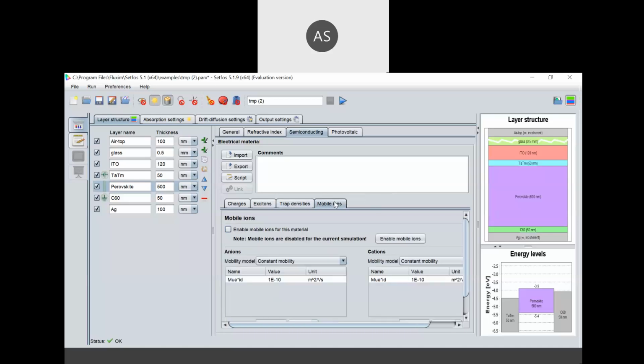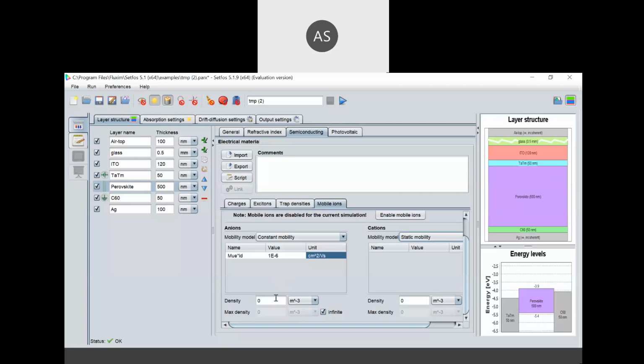And mobile ions are also there, anions and cations. So you can enable the mobile anions and cations. For electrons and holes, this is for the anion options. And next one is for cations. So this is static mobility. You can select either, and this is a constant mobility.